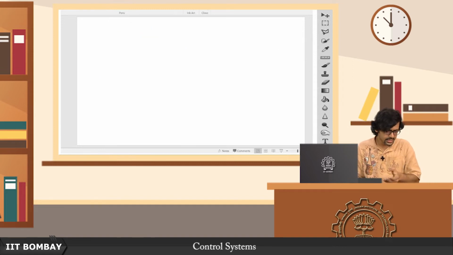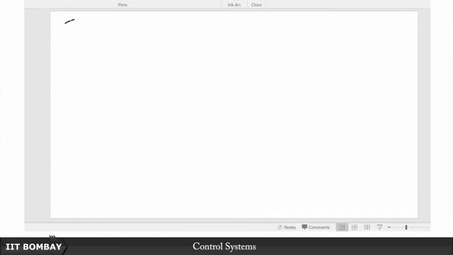So at this point I should probably give you an exercise, but I will not leave you to think of the solution. This is a typical twin T circuit, and this might look a little more complicated, where you might wonder how you are going to apply KCL or KVL, because this looks rather more complicated. So let me draw this. So this is the twin T circuit, for instance,